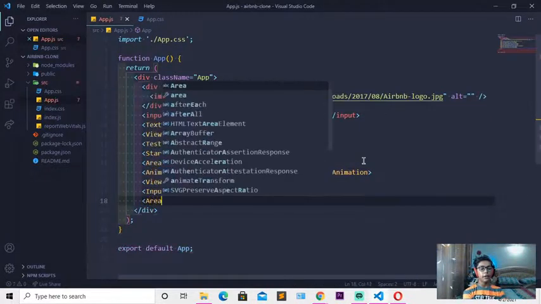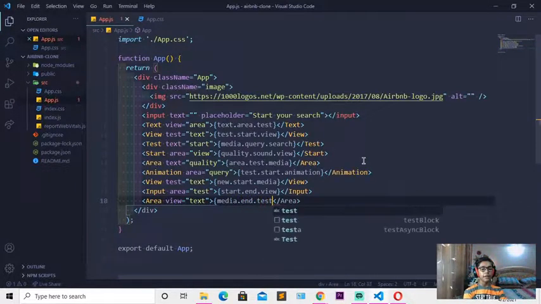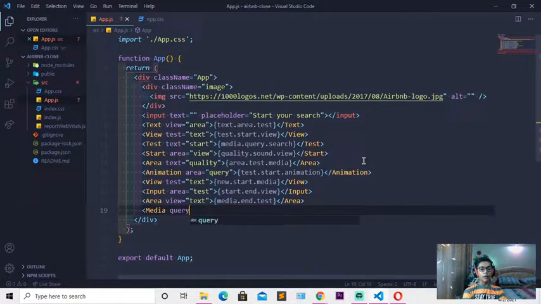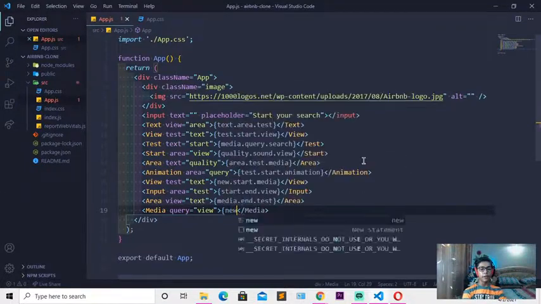So I'll come here, create an area, then create a view tag here. In that I'll create text, then close that, come here, write media dot end, and I'll write test, close here. Then you have to do one thing: come underneath and create media now. So I'll write media query equal view. Then close that here, come in here and write again which should be start, meaning we have written. So I'll write new